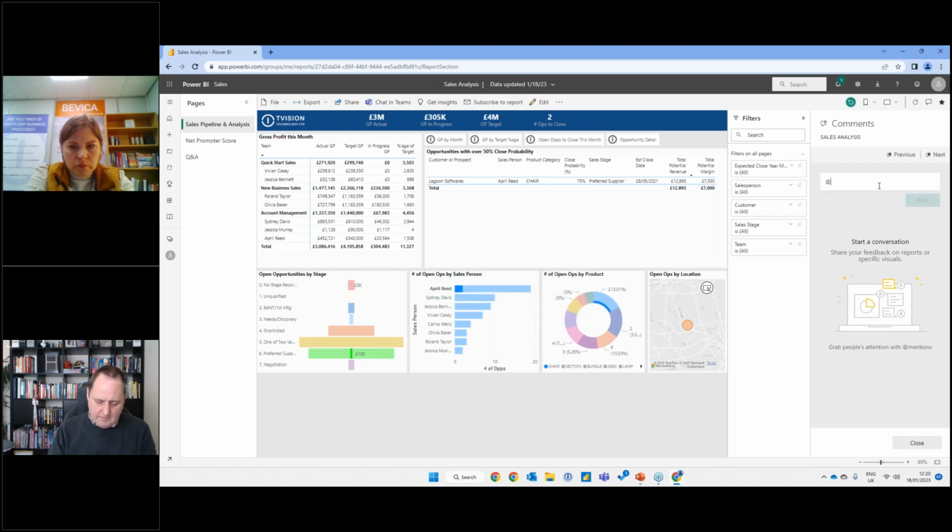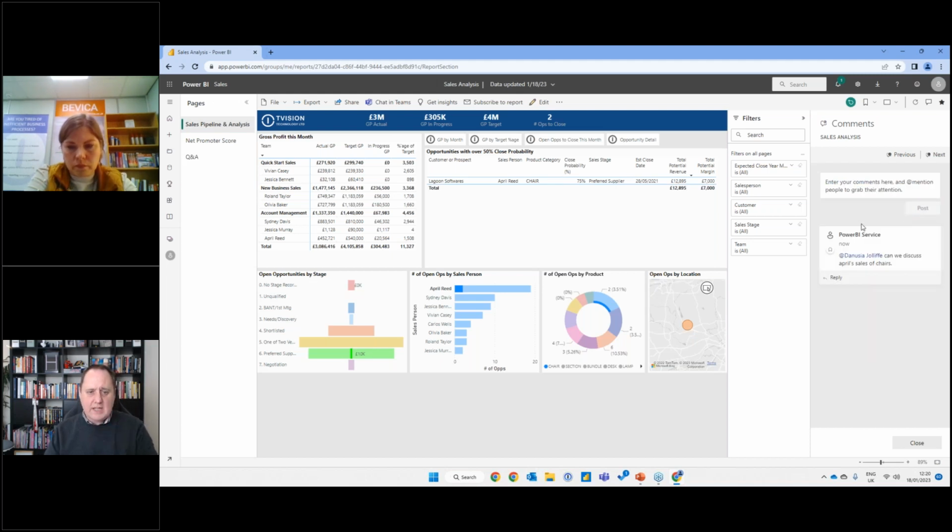Same principle. I can send Danusha a message. Can we discuss April sales chairs? Now the neat thing about that is when Danusha opens her note, the data will automatically filter to the selection that I've seen when I've asked that question. So for collaboration with other people, that's fantastic.